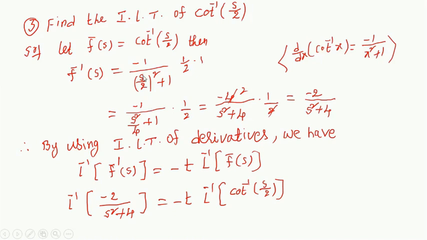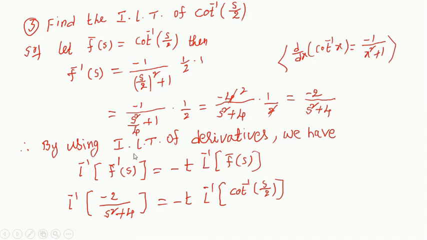Now minus 1 by s square by 4 plus 1, into 1 by 2. So this is equal to, what is the LCM here? 4 is the LCM. Then minus 4 by s square plus 4 into 1 by 2. So 2 ones are 2, 2 twos are 4. What will we get? Minus 2 by s square plus 4.